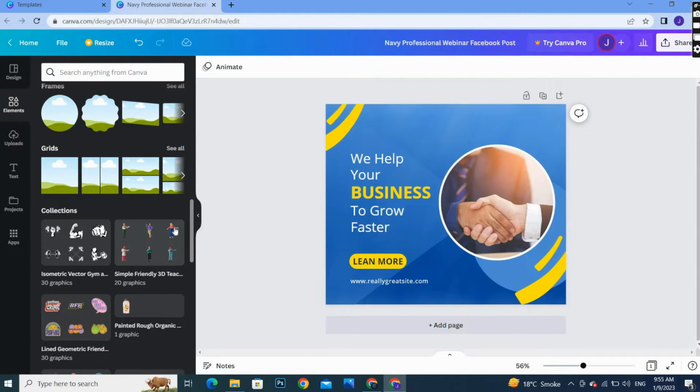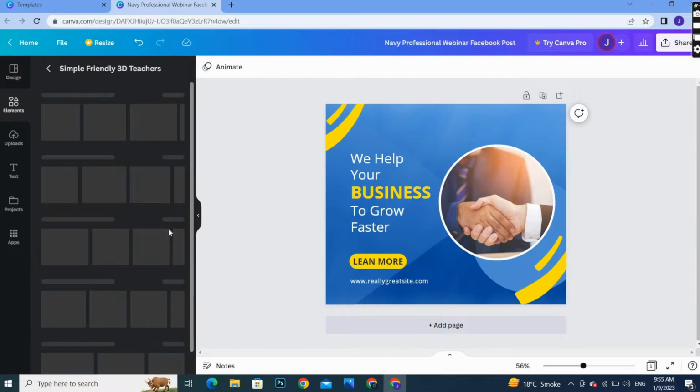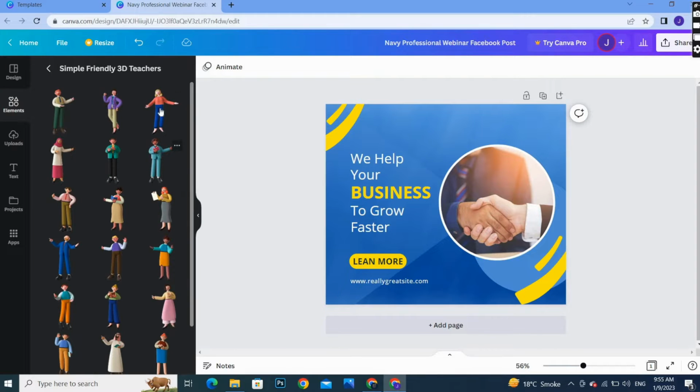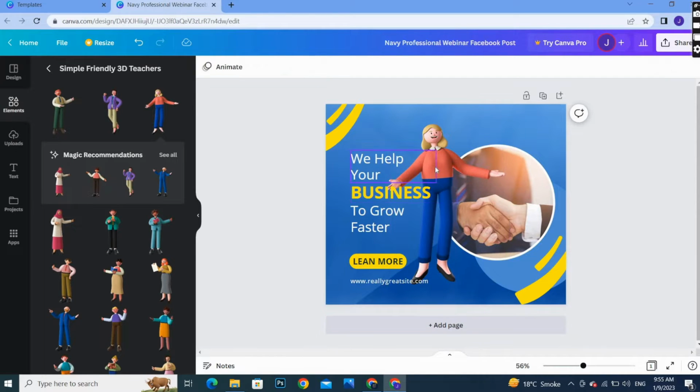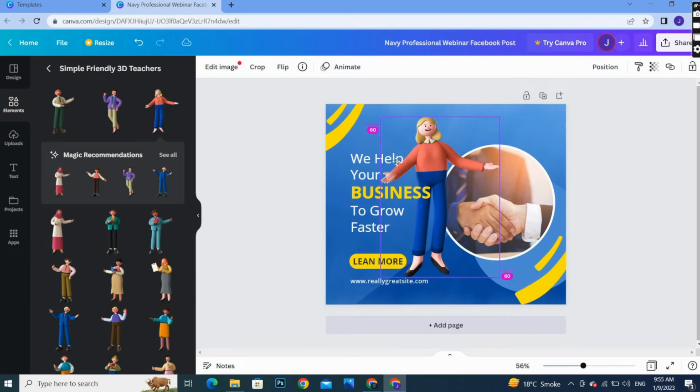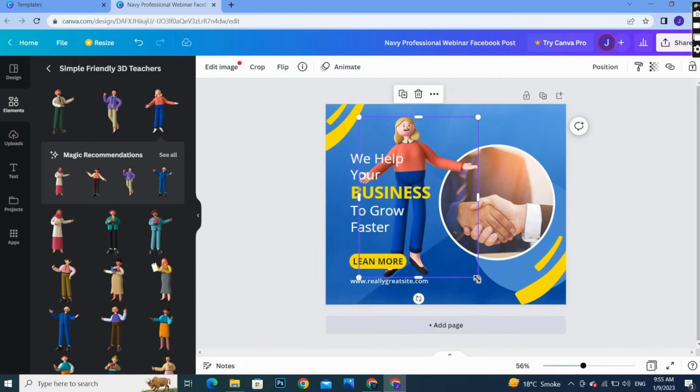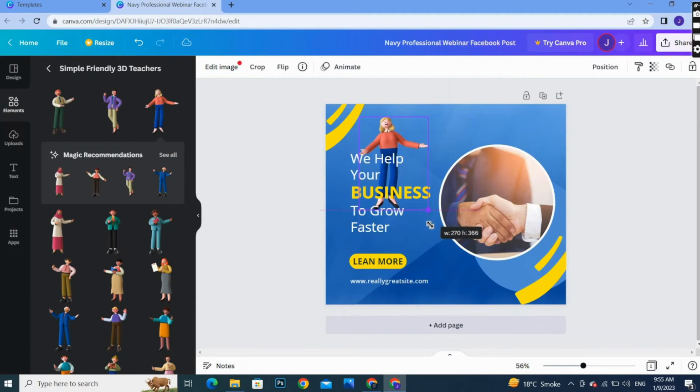You can add these vectors, like if I want this vector on my post, I can move it and I can resize this element. So if you don't want to keep this on your post, you can delete it. And if you want to